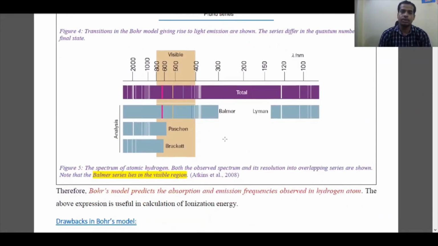As I've said also, the Lyman series appears in deep UV region, so it is observed in a UV region of spectrum. Balmer series appears in visible region. What is the visible spectrum in terms of wavelength or in terms of nanometer? The visible spectrum, that VIBGYOR, violet, indigo, blue, green, yellow, orange, red, all those, appears in 360 nanometer to 780 or 760 nanometer. Basically 400 to 800 can also be said as visible region. So in that region, Balmer series appears. Paschen and Brackett series appear in infrared region of spectrum.